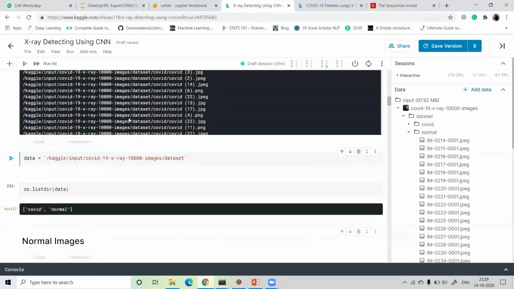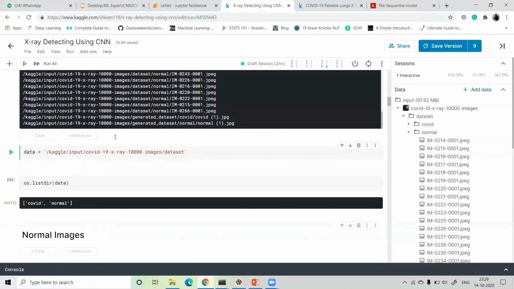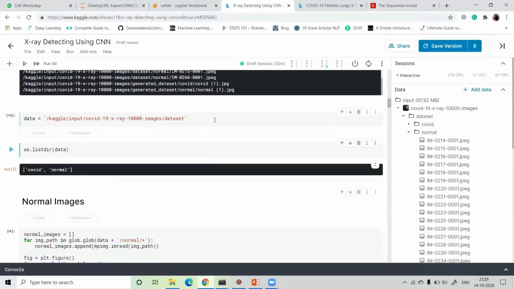Okay, after importing, all your data set is listed guys. Okay, next I read our data set. So I assign data equal to, this is our path. How can I get the path? Just see input and the COVID image. Okay, this is your path. Just copy your path and paste it. Okay, so I run this cell, just shift and enter. Okay, so our data set is imported guys.